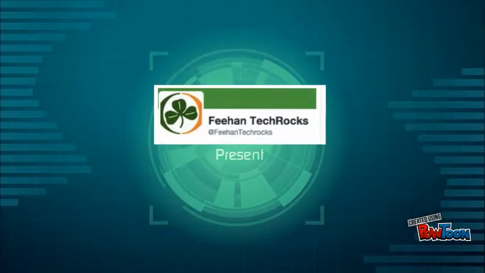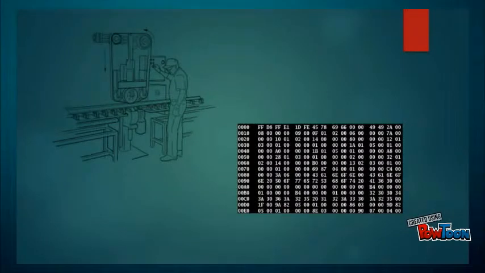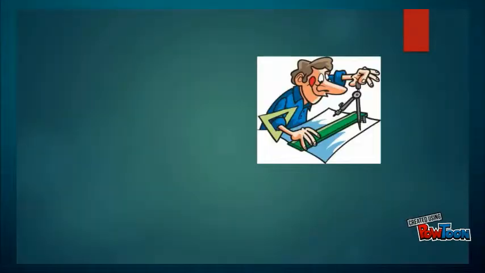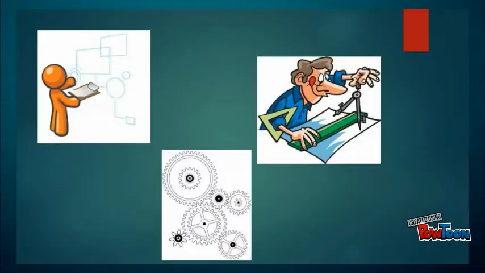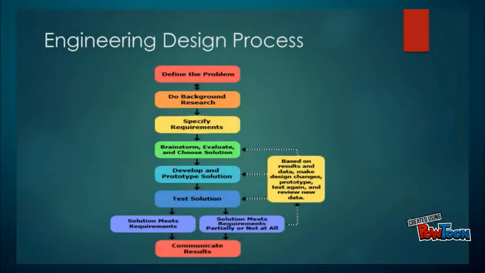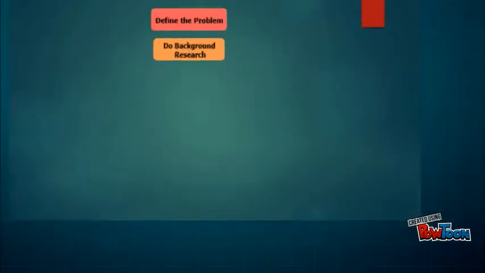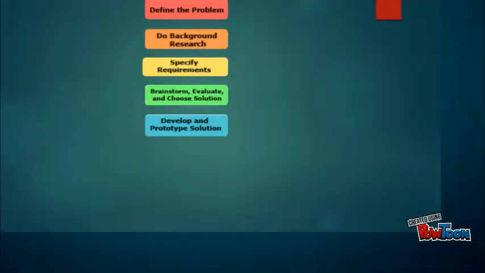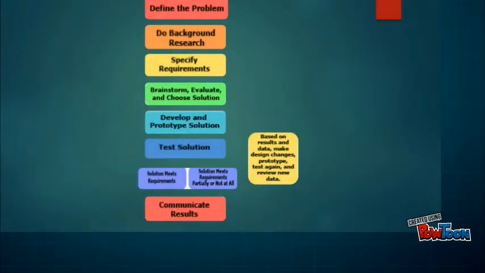The engineering design process is a series of steps that engineers follow to come up with a solution to a problem. Many times the solution involves designing a product, like a machine or computer code, that meets certain criteria or accomplishes a certain task. If your project involves designing, building, and testing something, you should probably follow the engineering design process. The steps of the engineering design process are to define the problem, do background research, specify requirements, brainstorm solutions, choose the best solution, do development work, build a prototype, and test and redesign.